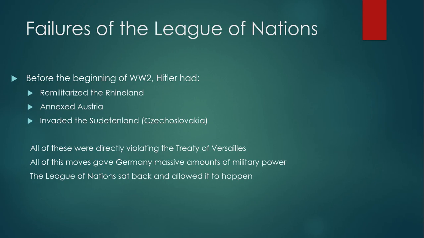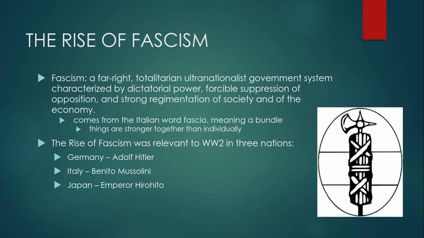So before the beginning of World War II, Hitler had remilitarized the Rhineland, annexed Austria, and invaded the Sudetenland. All these were directly violating the Treaty of Versailles. Germany gained massive amounts of military power. The League of Nations sits back and allows it to happen. So part of what we see going on here, and this is another cause of World War II, is the